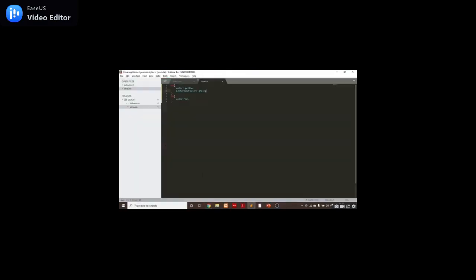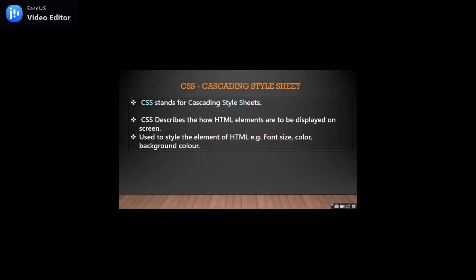So we are using CSS to color the HTML elements or to make the HTML elements look beautiful. Using CSS we can style the elements of HTML.